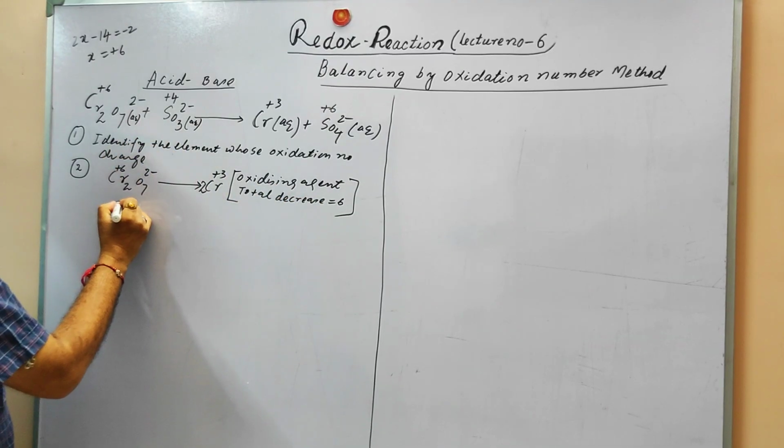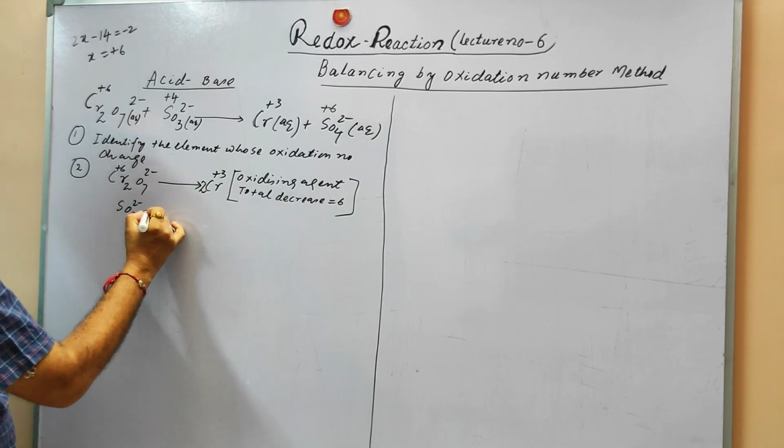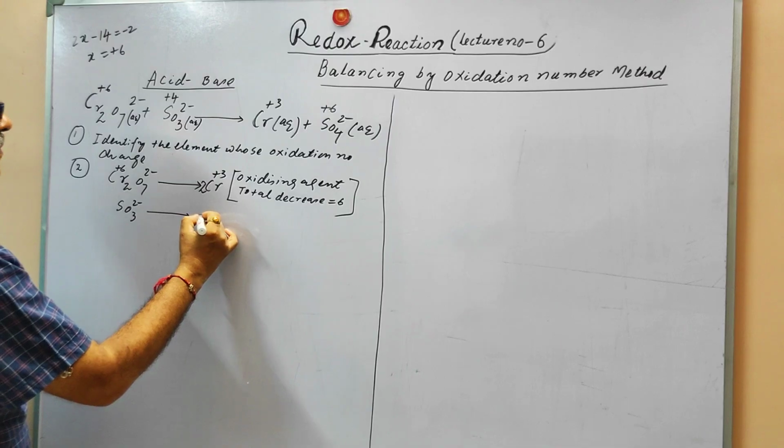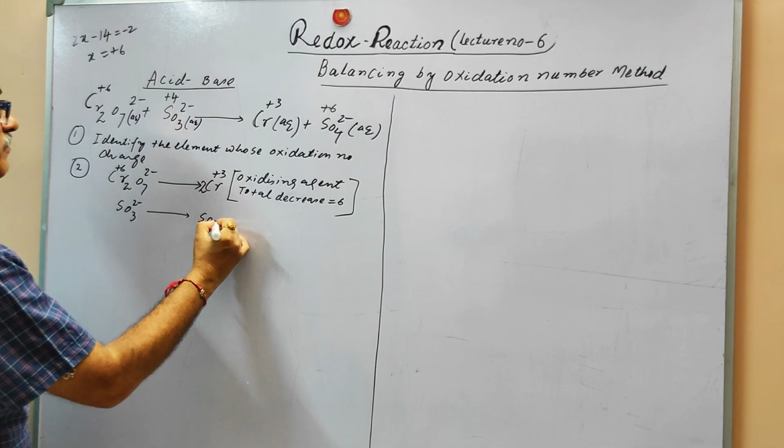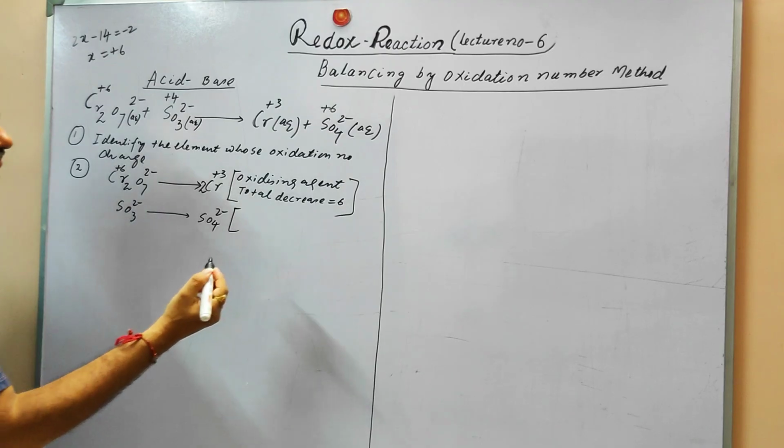Another part of the equation is the sulfite ion being converted into the sulfate ion. Here you can see the reducing